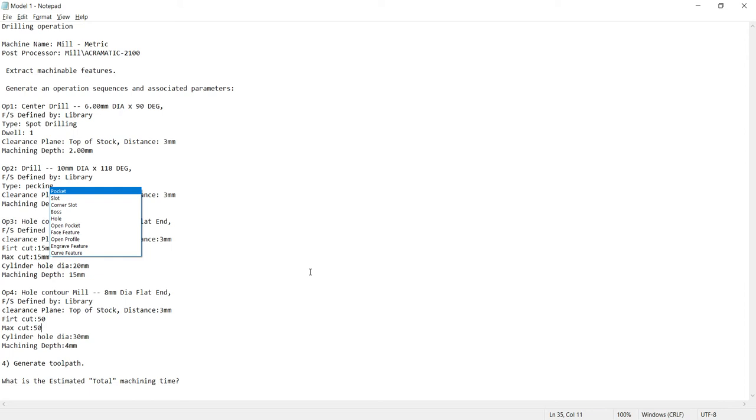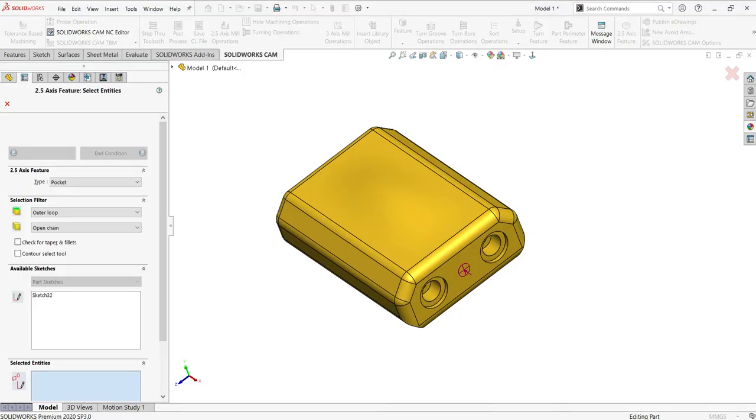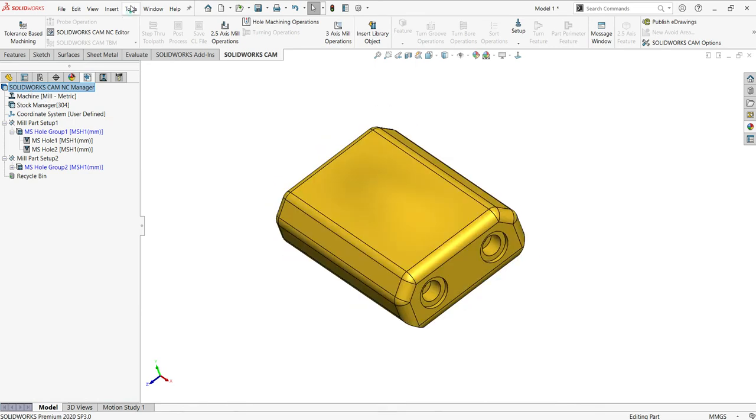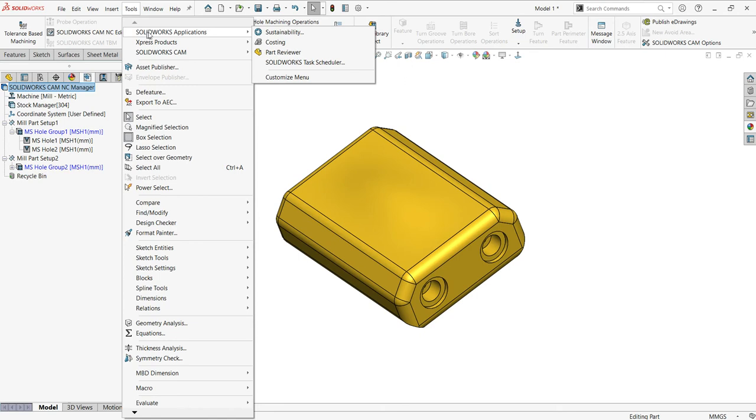And here you can see the first operation I'm going to do is I'll just select center drill operation, and I'm going to define the tool, that is 6 mm 90-degree tool. After that I'm going to define the machining depth and remaining things. To define it I'll just use these tools, otherwise the shortcut way is to just select this one. If you are using the premium version you can directly select it from there, otherwise you need to use this